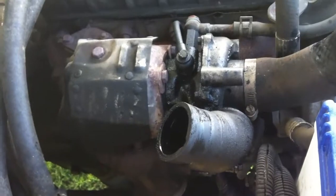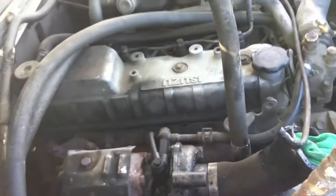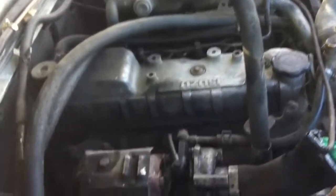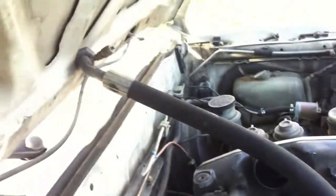Alright, so I have some good news and I have some kind of unsettling news for me, at least. You can see that I've got the intercooler off the top of the motor now. And as you can see, I have the air conditioning compressor and everything still there, even though it's not in use. So that's why I have these hoses kind of laying around. That's a story for another day. But anyway, looking here at what I've found,